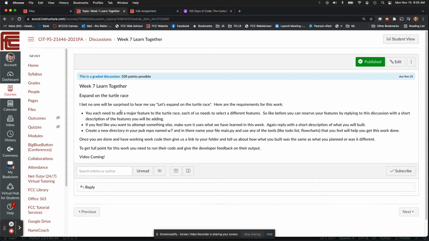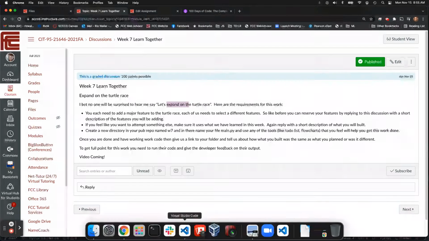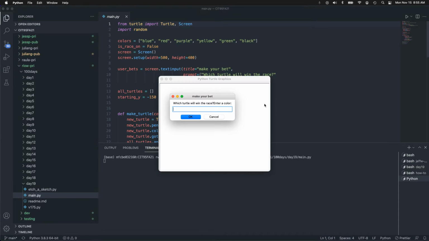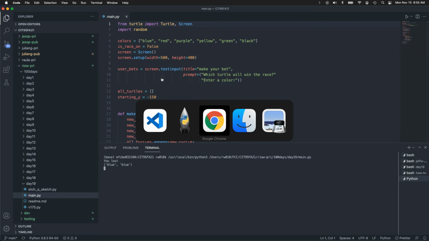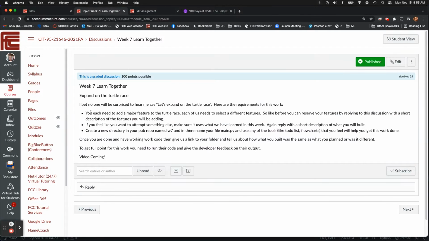After day 19, as I stated in my write up, this shouldn't be a big surprise what I'm going to have you do, which is to take our turtle race, right? The turtle race I thought was really fun to build, and to see how she instantiated many of these objects, meaning each one of these. But there also seems like just so much you could do here, right? So that's what I want to have you do this week.